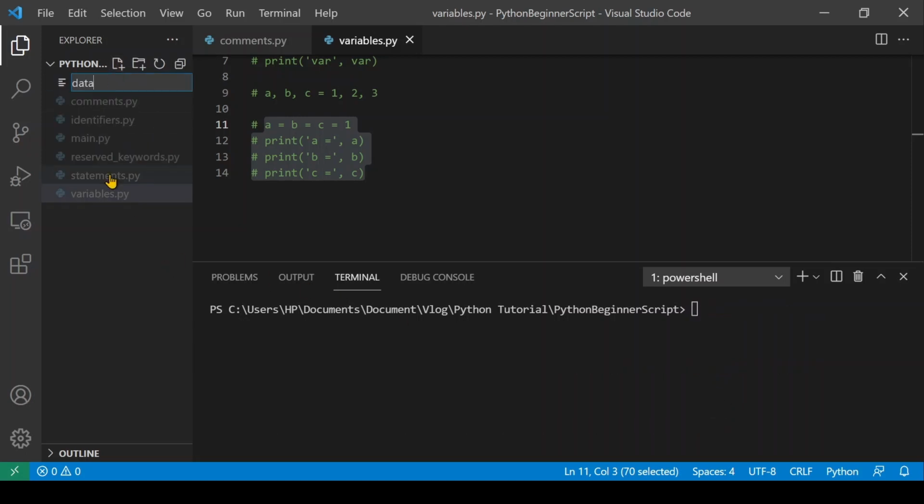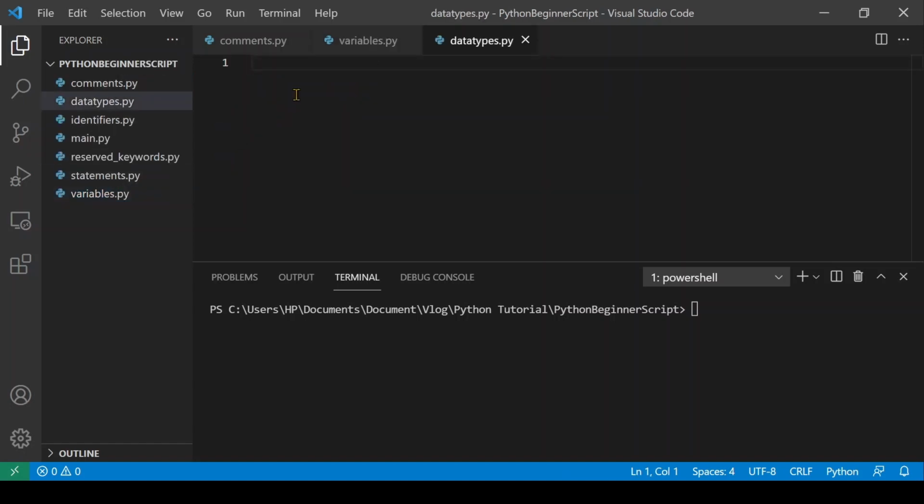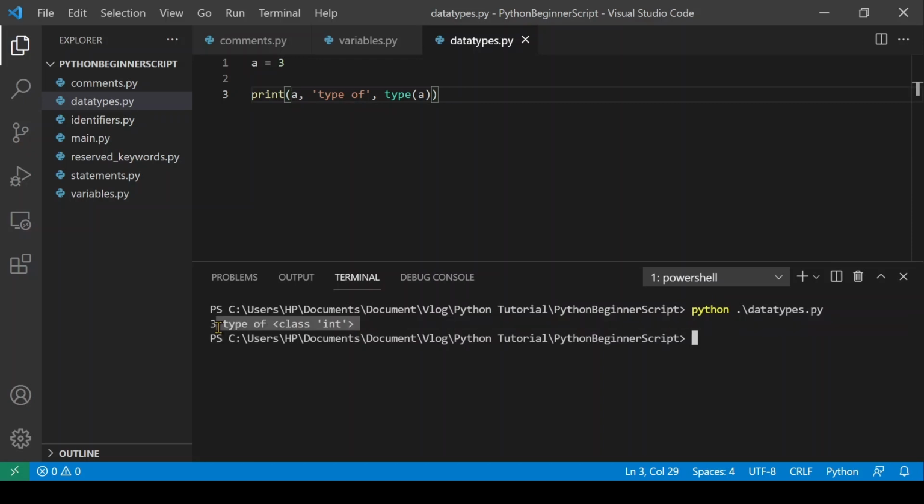So what is data type and how is it different from literal? Data types are the types of data represented by the variable, and literal is the value that is stored in the variable. There are mainly three types of numeric types in Python: int, float, complex. Int or integers are the whole numbers, and it does not limit the length of the number like other programming languages.